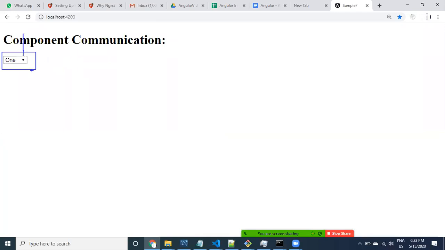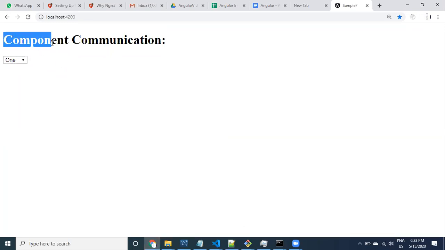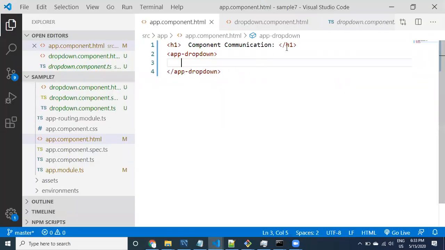So what I will do is go to the component class. Which component class? Parent component class. I'll do one thing, guys, not to get confused.